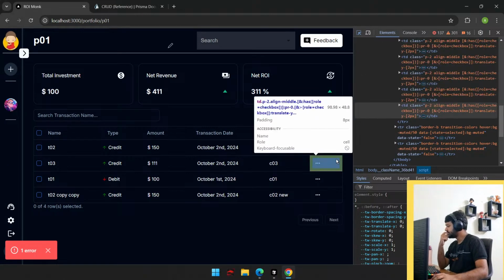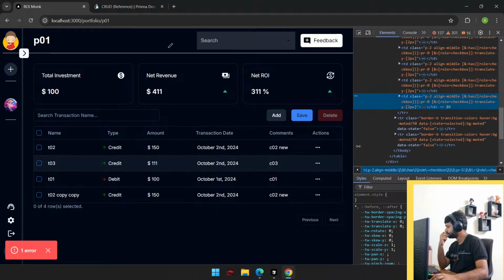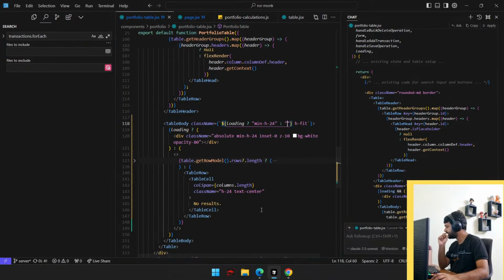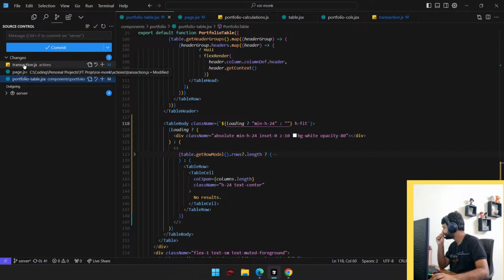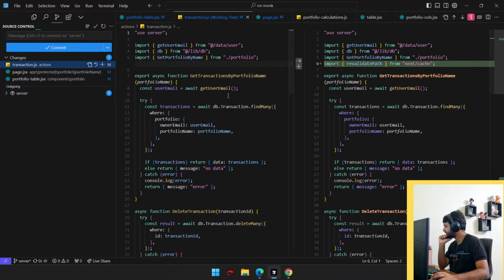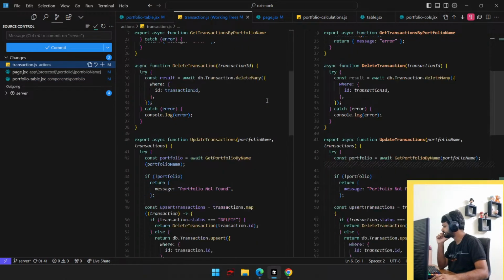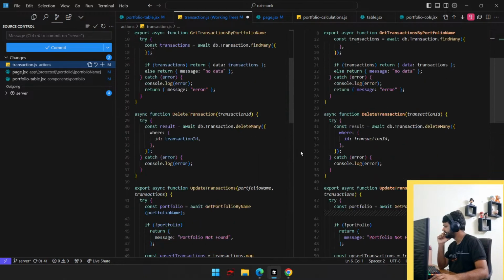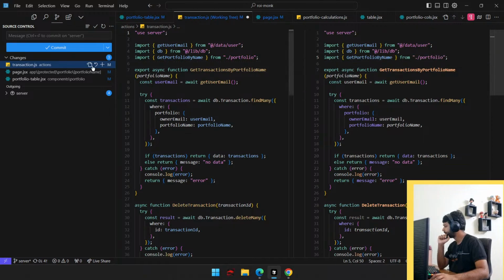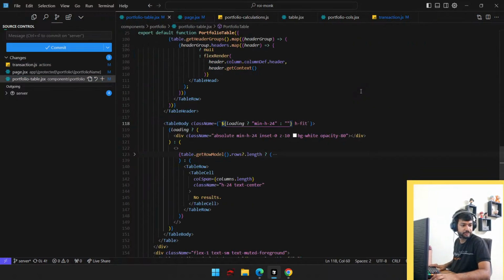समझ नहीं आ रहा है दोस्तों। काम करते हैं फिलहाल लोडिंग वाली चीज़ को ना, let's just keep it aside for a while. ट्रांजेक्शन डॉट जेएस का क्या सीन है? रीवैलिडेट पाथ भी नहीं काम कर ढंग से, ideally it should have, ठीक है चलो, तो इसको हटाते हैं। सेव क्लोज।